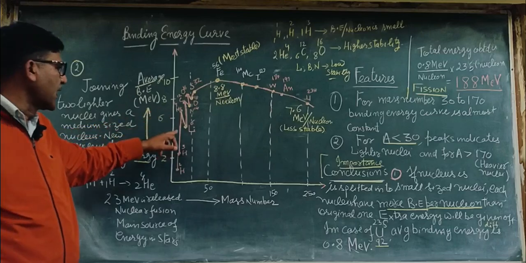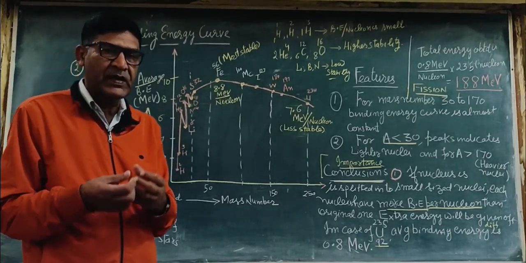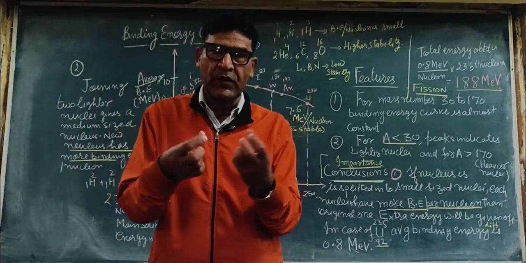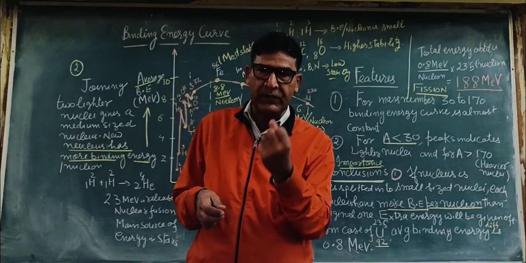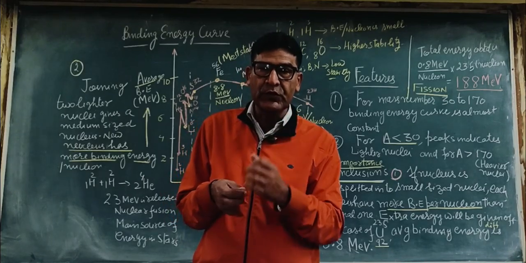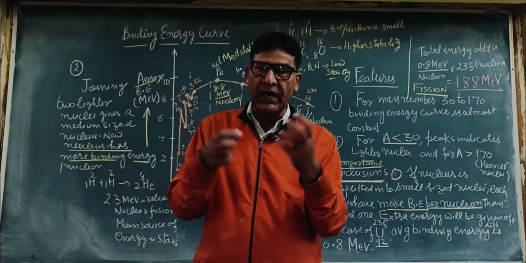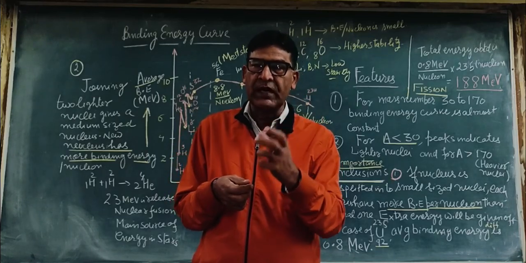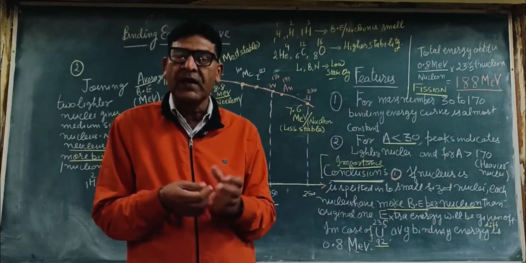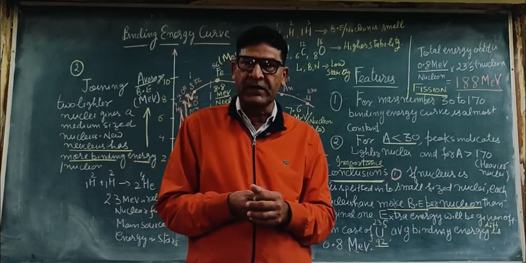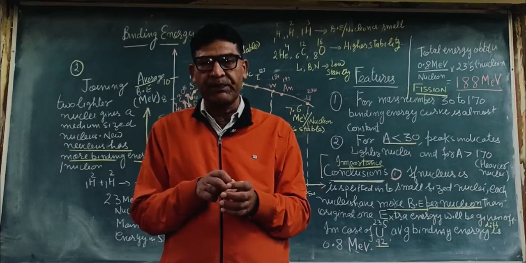यहाँ पर हमारे पास ये लाइटर न्यूक्लियाई है जहाँ पर मास नंबर कम है. So the process is that this nuclei when combined together, what happens, a medium sized nuclei is formed. The binding energy of the new nucleus formed as a result of the fusion of the lighter nuclei is more than the original one. हमारे पास ये प्रोसेस हो रही है in the Sun's interior. Temperature is very high, टेम्परेचर बहुत ज़्यादा है in the interior of the Sun, और वहाँ पर जो हमारा हाइड्रोजन